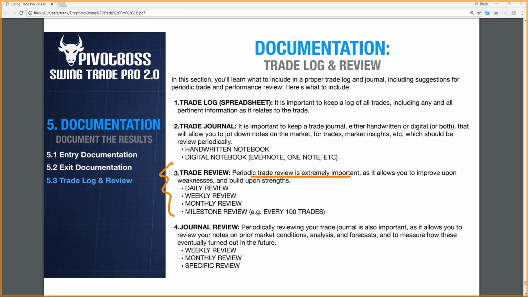Periodic trade review is extremely important, as this allows you to improve upon weaknesses and build upon strengths. So it's very important for you to review your trades as well. Again, you have to review on a schedule that works for you. If you're reviewing way too much and it's getting daunting or it seems like a chore, then space it out